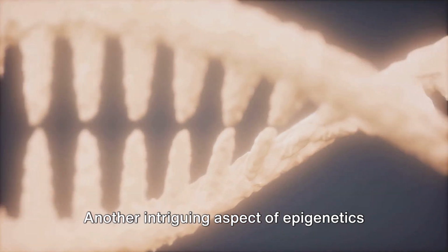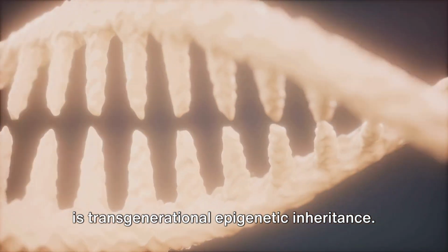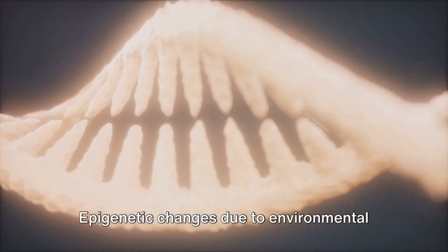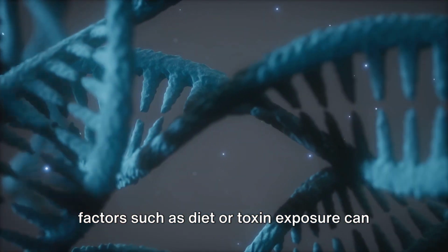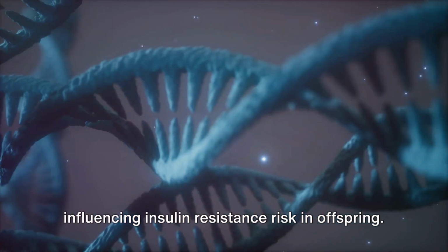Another intriguing aspect of epigenetics is transgenerational epigenetic inheritance. Epigenetic changes due to environmental factors such as diet or toxin exposure can be passed down through generations, influencing insulin